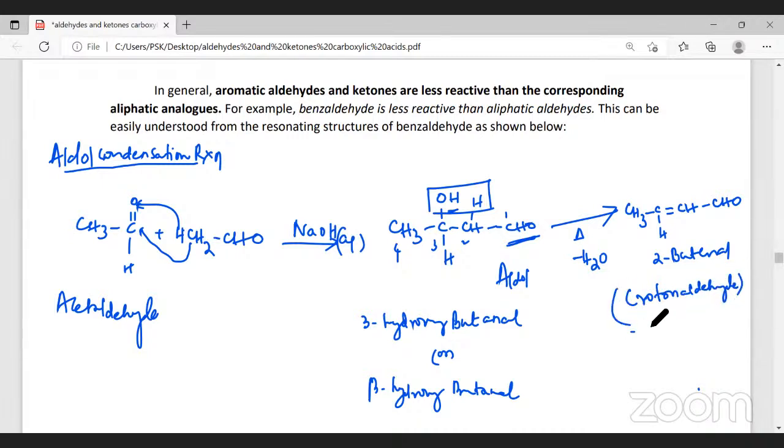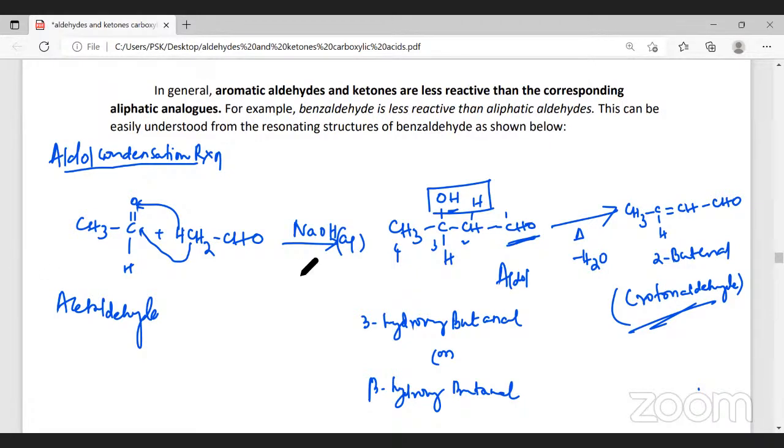Crotonaldehyde. Similarly, instead of acetaldehyde, ketones also can undergo this reaction. Ketones also can undergo aldol condensation reaction. Please observe this. What will be the statement? When aldehydes or ketones containing alpha hydrogen atom is shaken with an alkali like sodium hydroxide, it undergoes self-condensation reaction